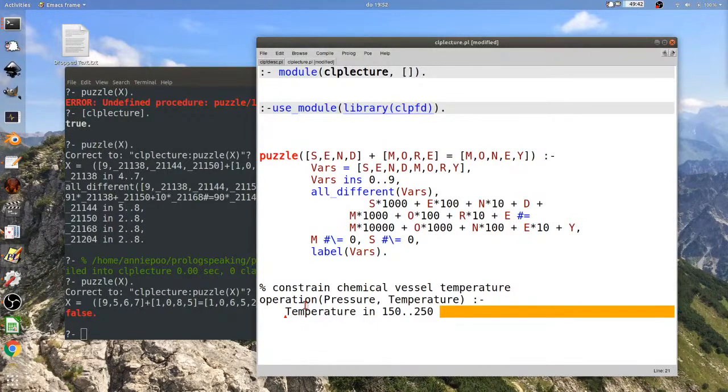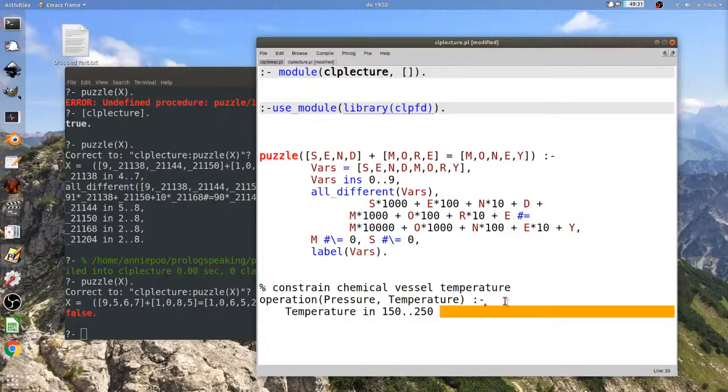So we need to get the pressure involved some way. How could we make something that's constrained based on which mode we're in?